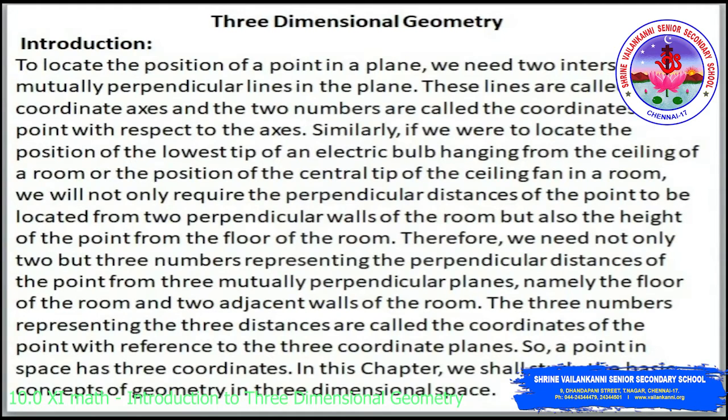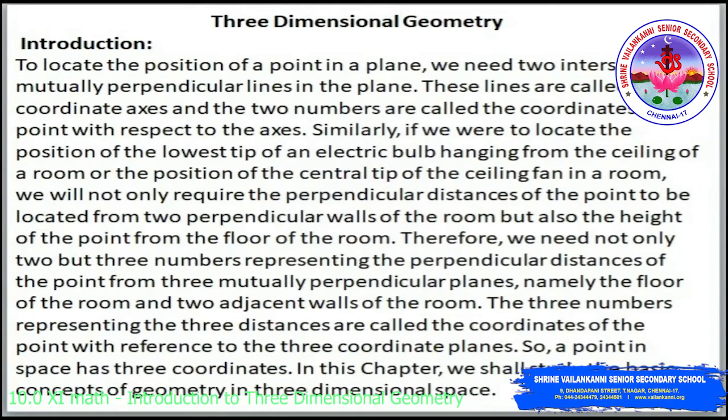To locate the position of a point in a plane, we need two intersecting mutually perpendicular lines in the plane. These lines are called the coordinate axes, and the two numbers are called the coordinates of the point with respect to the axes. Similarly, if we were to locate the position of the lowest tip of an electric bulb hanging